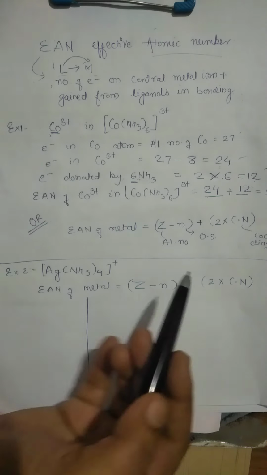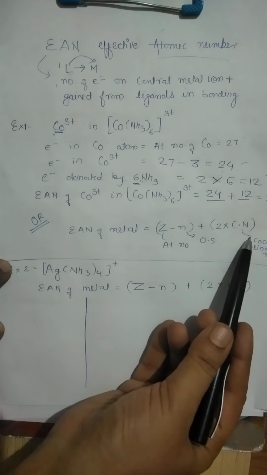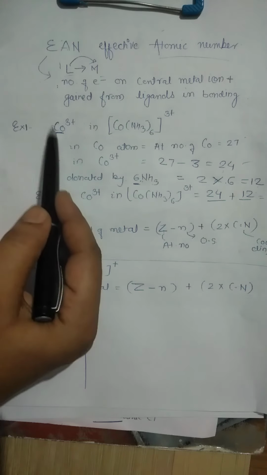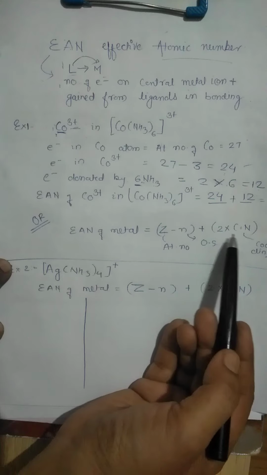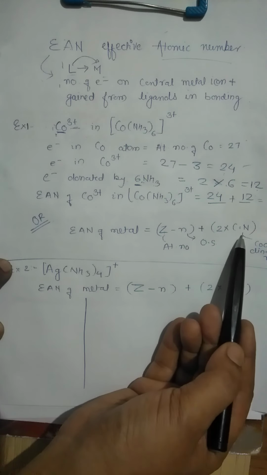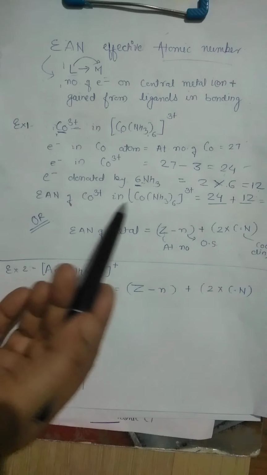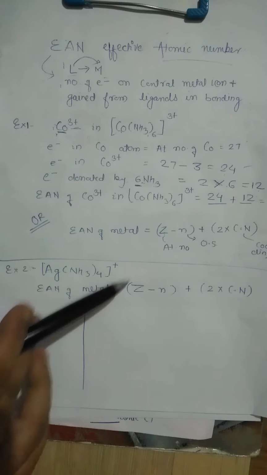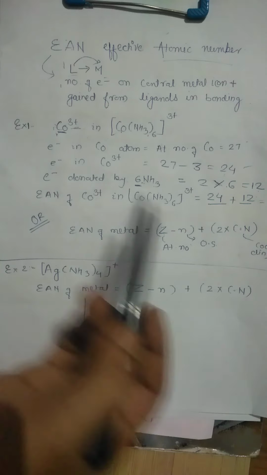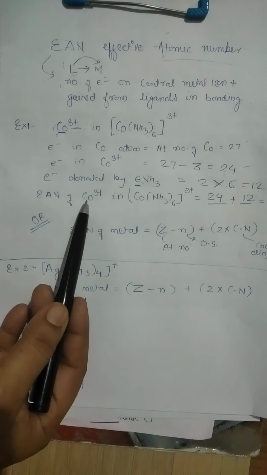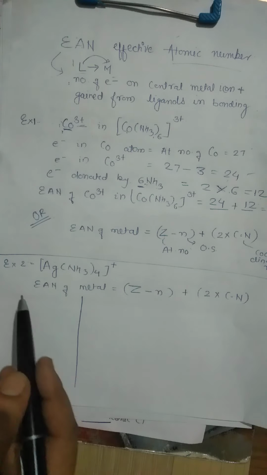Okay. Now the second one is by using the formula, that is directly put the formula Z minus N plus 2 into coordination number. Z means atomic number of the central metal ion. N is the oxidation state of that particular ion. Then how will you find the coordination number for the central metal ion? By the surrounding ligands. So that is one and the same, but to solve it the method is different. Here there is a direct formula, and there we are going with steps. Now we will use the direct formula in another example.